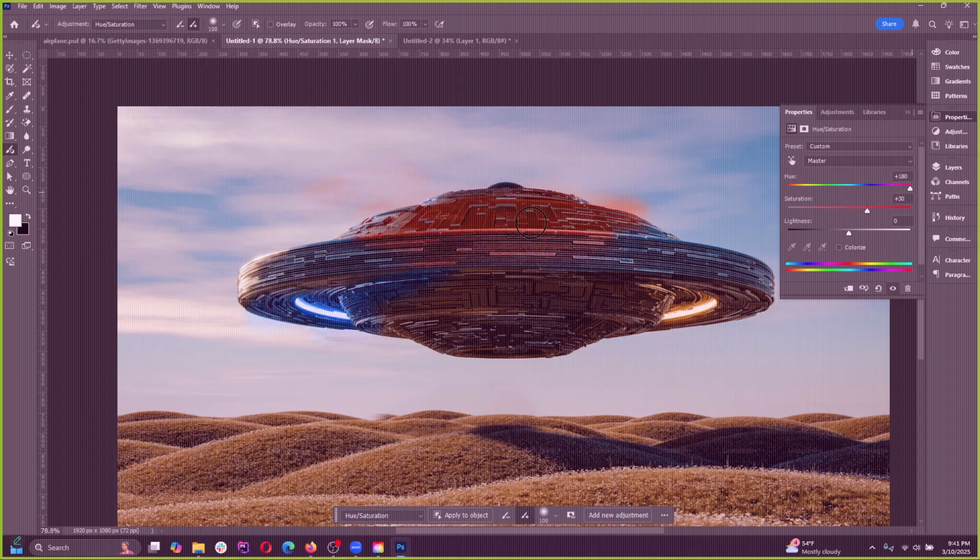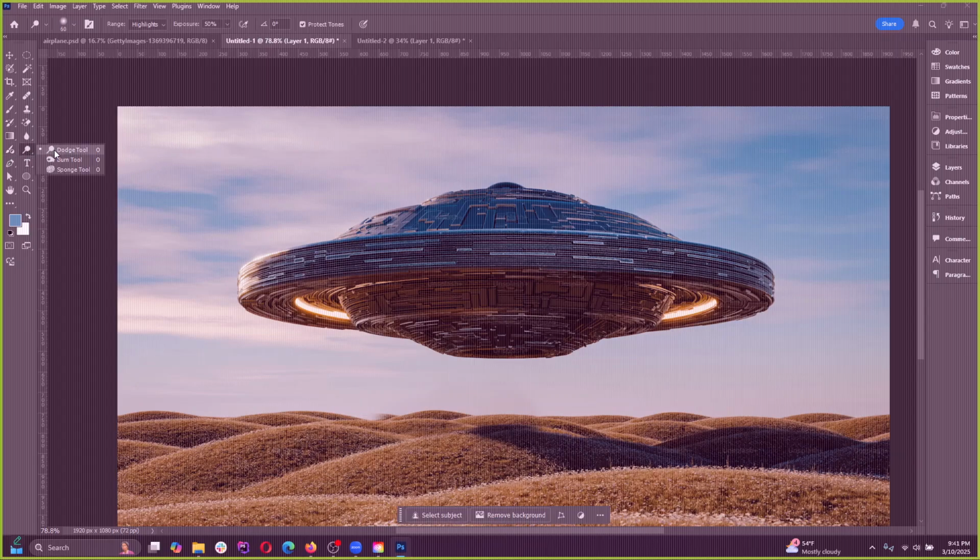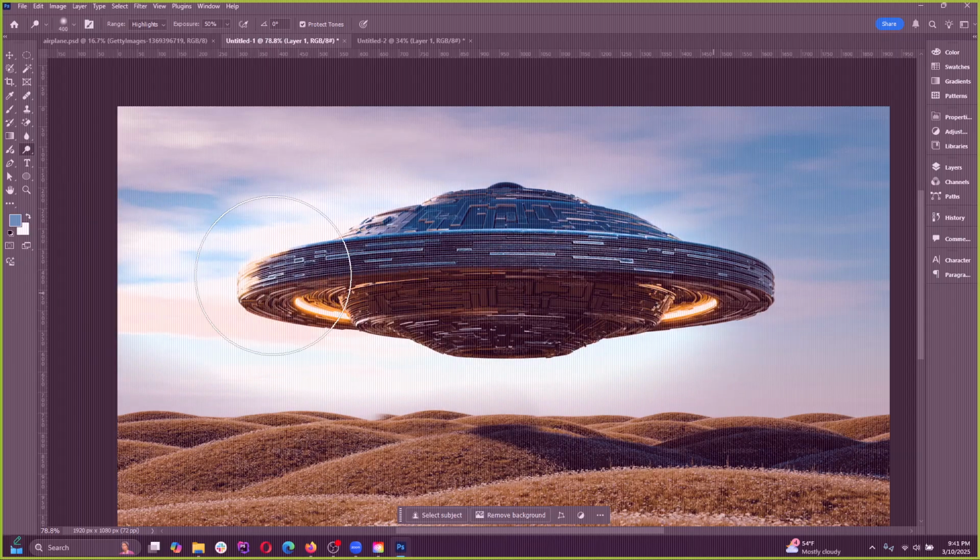Just the areas that I painted are affected. So it's just creating an adjustment layer and applying a mask to it. That's all it's doing, so don't worry about that. Dodge tool